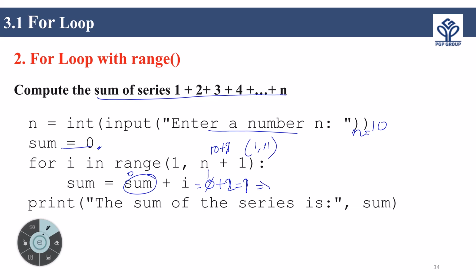So next, the sum value is 1 plus the I value, which is incremented, so 3. The sum value, that is, sum is equal to sum plus I value 3. The sum value is 3. So see there,